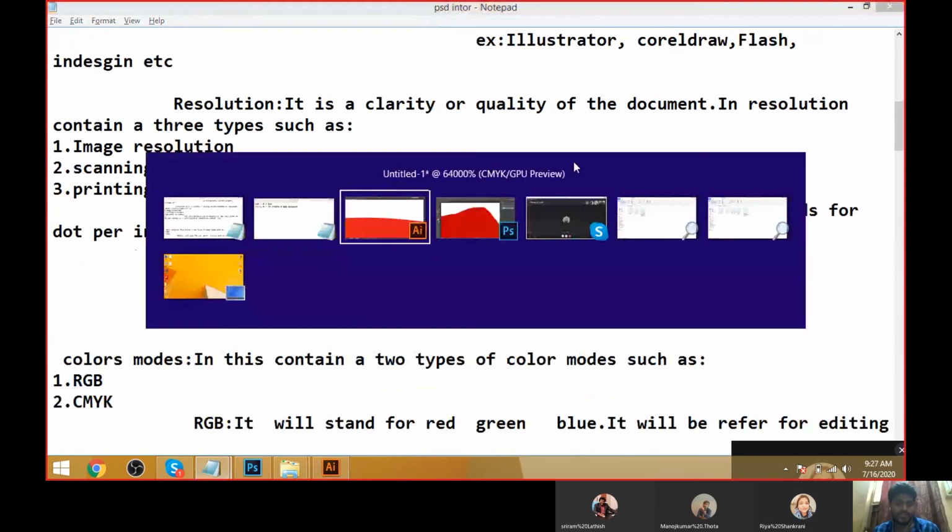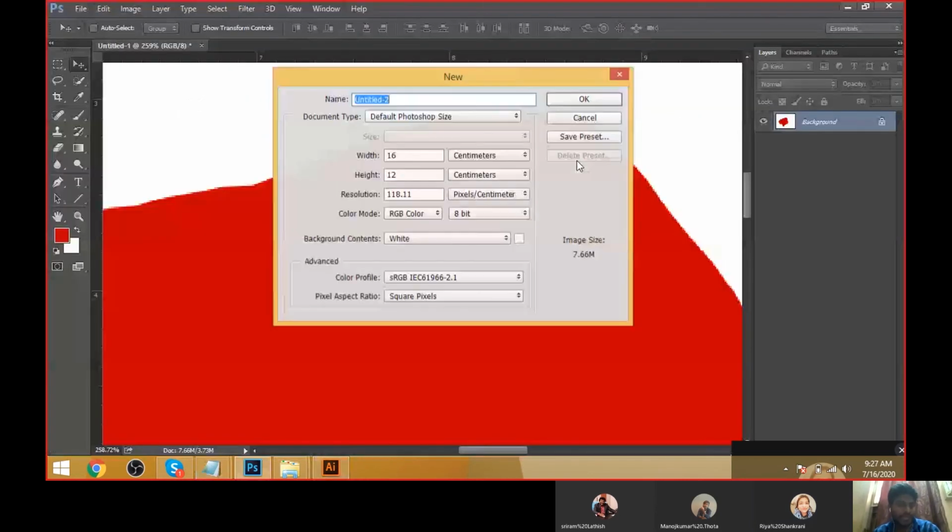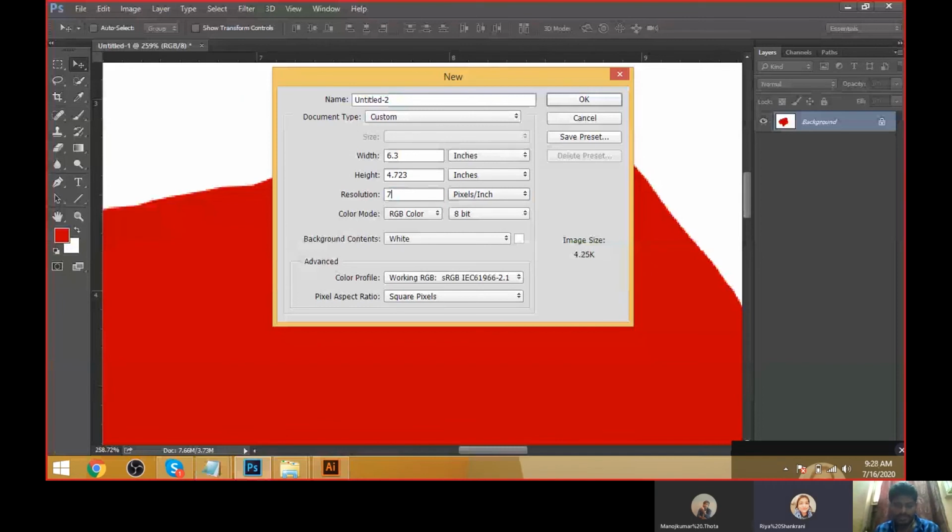And we are taking a new document, and we are seeing here the resolution. What is a resolution? We know the document type. Okay, good. We'll change the name, and we can see the width and height, and the resolution. It's 72 resolution, or when you go for printing it's 300 resolution, and the color modes are RGB and CMYK. Lab is nothing but negative shades, and then grayscale, black and white. Bitmap is nothing but an image mode.